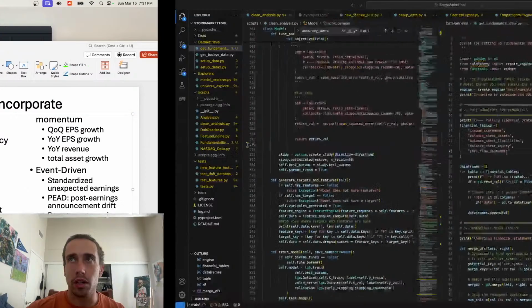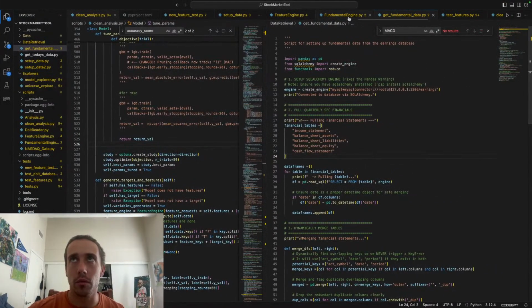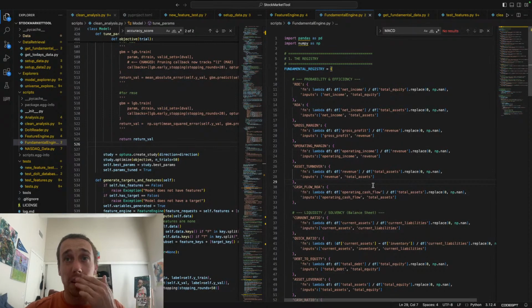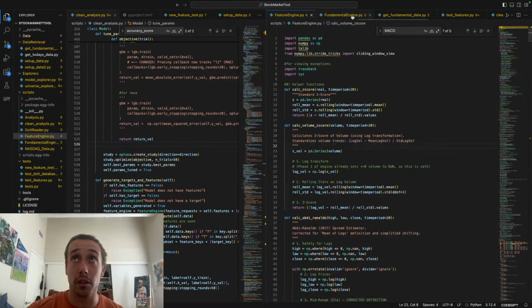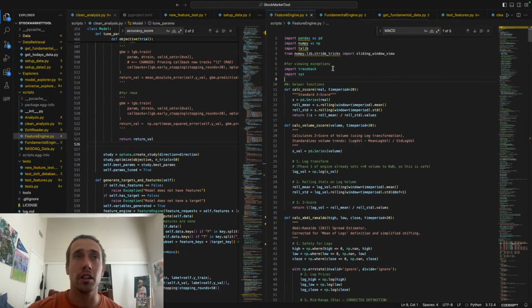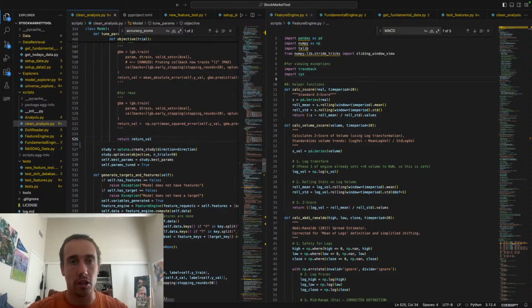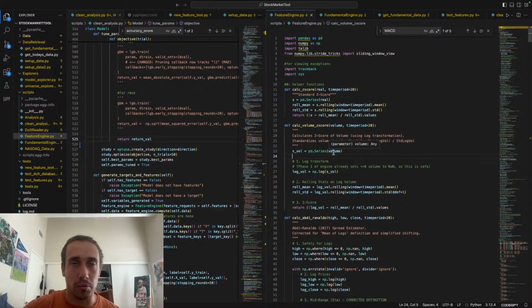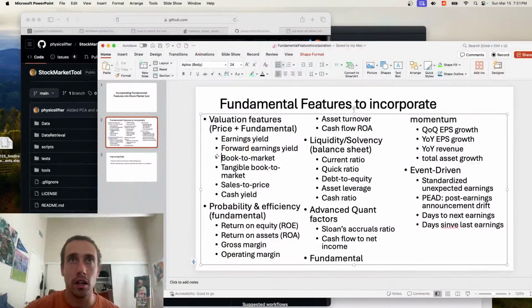Next stream, I'm going to be working on testing all of these features and making sure that they're working right in the fundamental engine. And then I need to add the logic for the feature engine to calculate the fundamental features which require price data. And I might need to make a new engine for that, like a combined engine. And then I'm going to need to combine this all into a pipeline, which will calculate everything at once. And then finally, I'm going to need to update the model class so it will add these. And then the next step is add all of the fundamental features to the model. Maybe do a different model, like a fundamental model and a price model, and then kind of try to see how does that perform? Can I squeeze out better performance from that?